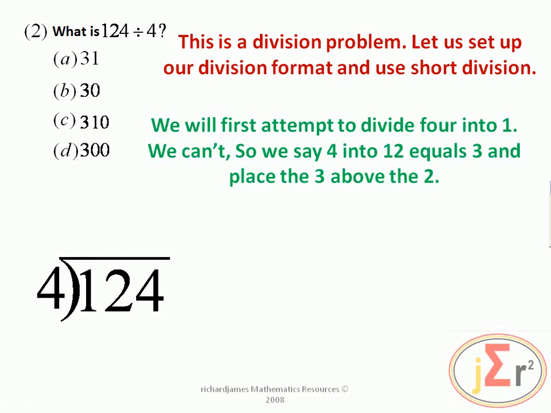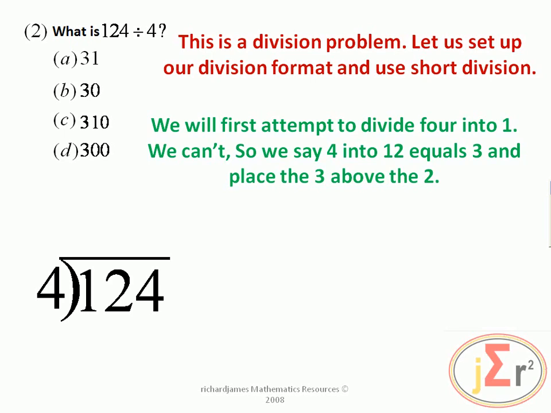Because for you to be able to divide 4 into 1 or 4 into any number, the number that you are dividing into has to be greater than 4. So if it is not greater than 4, you cannot divide 4 into that number. So 4 into 1,